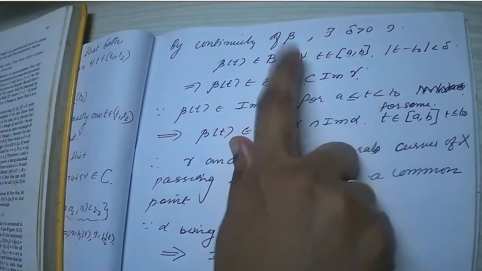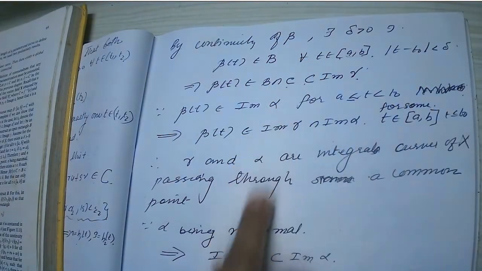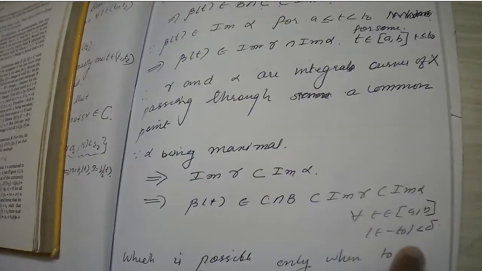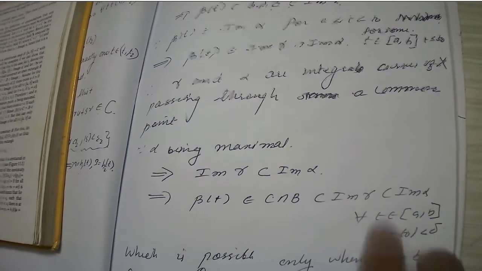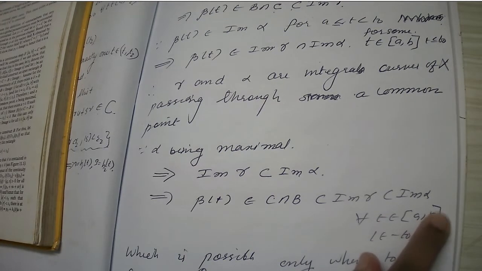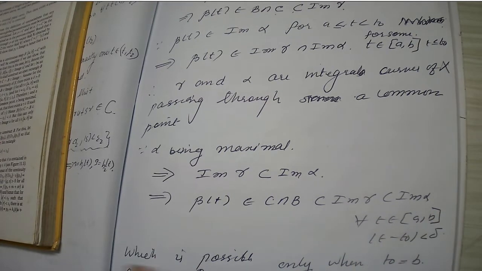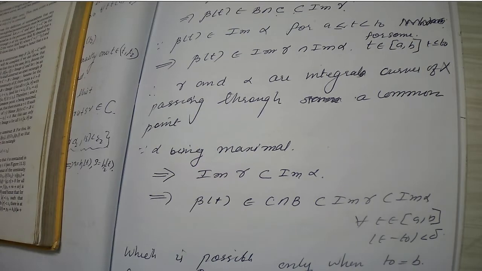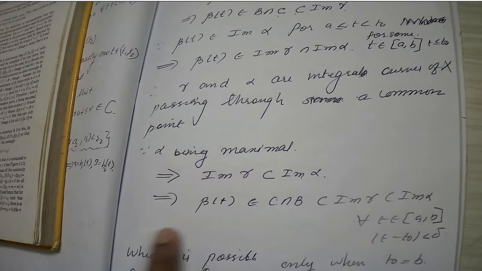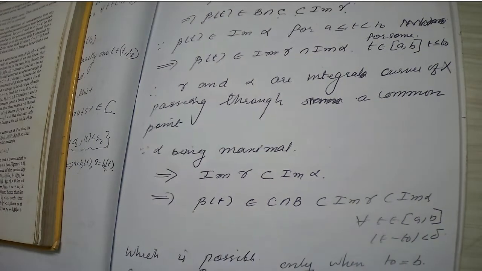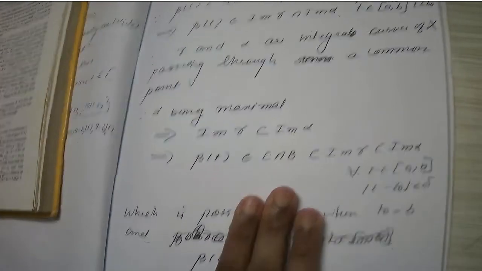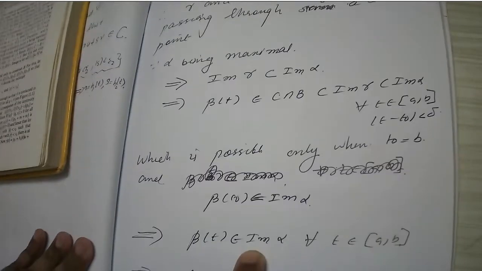We are taking the continuity of β and we are showing here that β(t) is an element of the image of α for this condition, but this is possible only when t₀ is going to be b only. So, the figure whatever we have drawn is like a tentative figure only, that t₀ always comes to the end, b. Up to that point you can take the t₀. So, whatever β interval you have chosen, that will completely come inside your image of α. That means your β(t) is coming in the image of α.